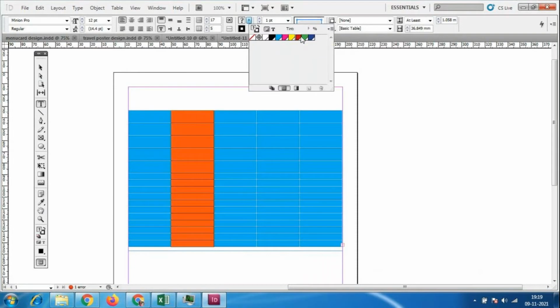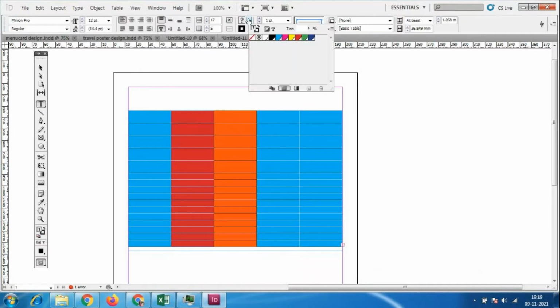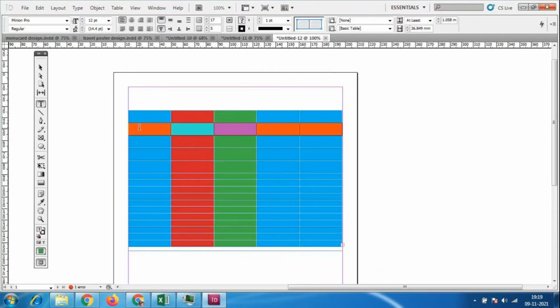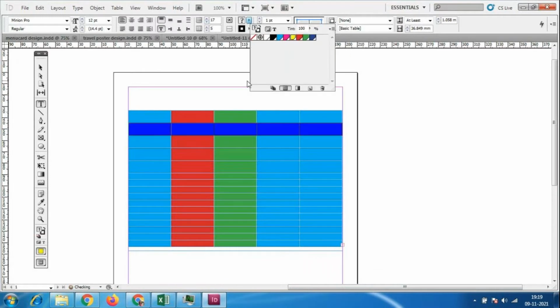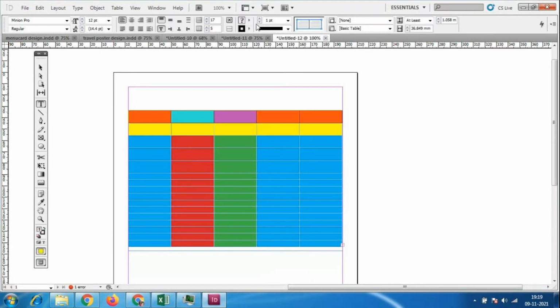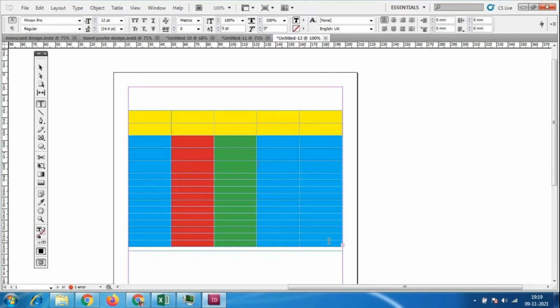So I'm adding a different color for this, so there will be an arrow mark. According to this I will add a different color for this. Even on the left side, the even rows also I'm getting the color, by selecting like this, and I could add the color for this. Look at here, I'll select like this, and I could add the colors like this. So this is the option for rows and columns.